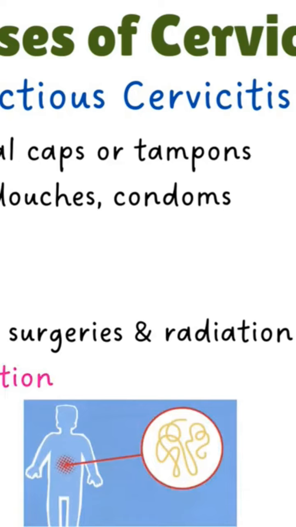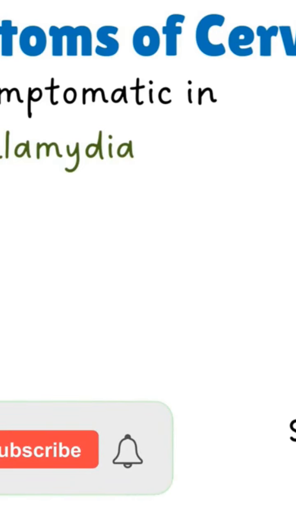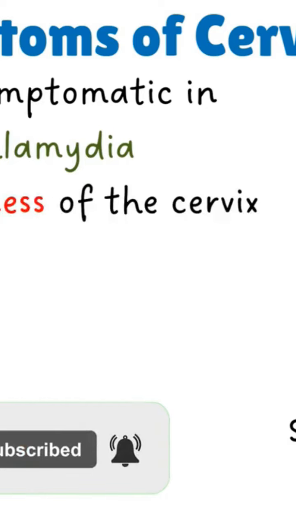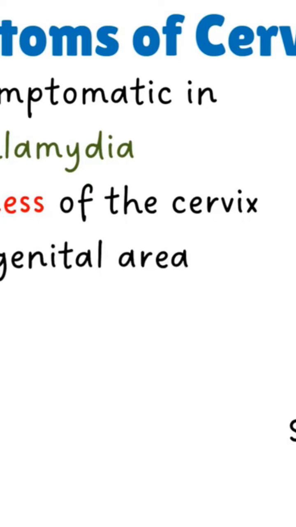Cervicitis is often asymptomatic in chlamydia, gonorrhea, and Trichomonas vaginalis infections because the symptoms of these diseases mask the symptoms of cervicitis. Cervicitis symptoms to watch for include swelling and redness of the cervix, itching in the genital area, vaginal